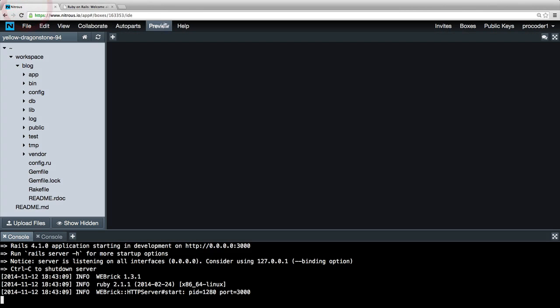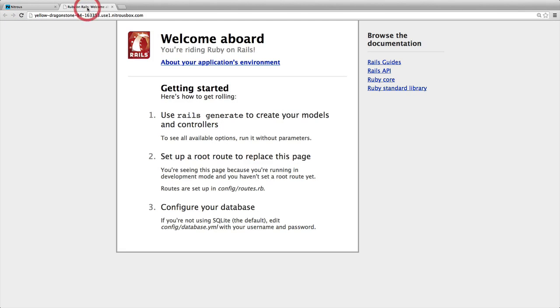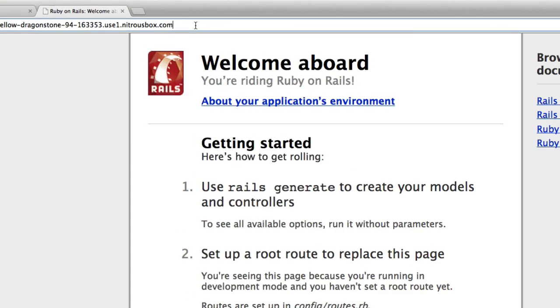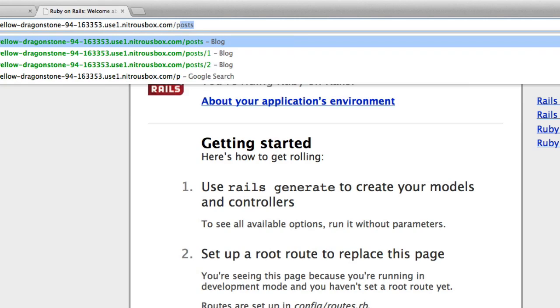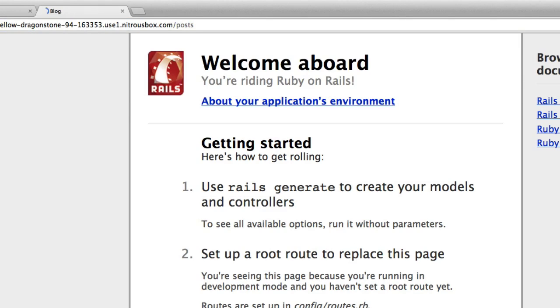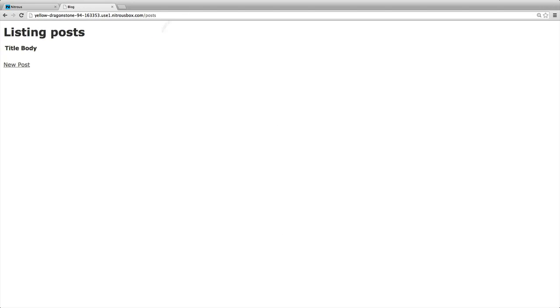And remember, if you closed it, you just hit preview, port 3000, and refresh it. It's still working fine, but this is our home page. What we're going to do is add to the URL. We're going to do /posts. Okay, so now we are at this part of our web application, this page here that allows us to add new posts. This is where we're going to put our actual blog post. So I can hit new post,